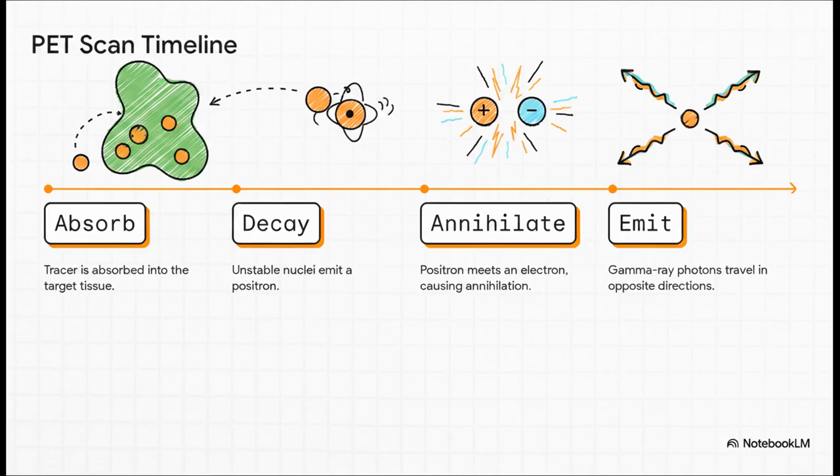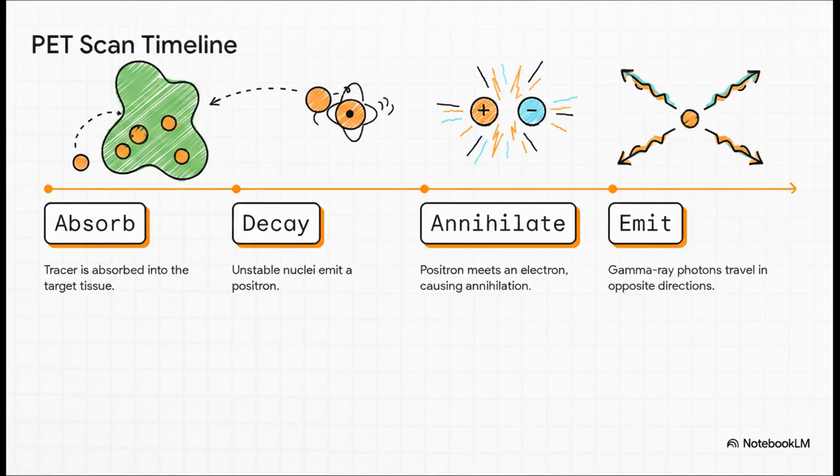Because the human body is entirely full of normal matter, that positron almost instantly bumps into a regular electron. And when matter meets antimatter, total annihilation. Their combined mass disappears completely, converted instantly into pure energy. And to perfectly conserve momentum, this energy is emitted as a pair of identical gamma-ray photons that shoot outwards in